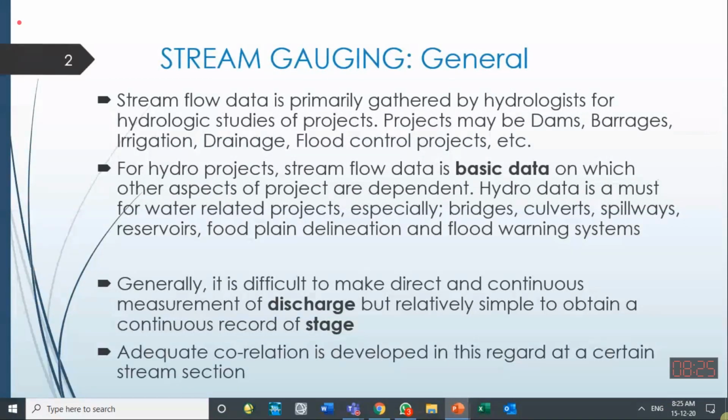Why we are interested in measurement of these parameters is mentioned in this slide. And this has been informed to you many times: why we are studying hydrology, because we want to measure the water on the surface of Earth, because we want to study the hydrological cycle. And why are we studying civil engineering? Because we need these parameters for design of our projects, for design of our bridges, for